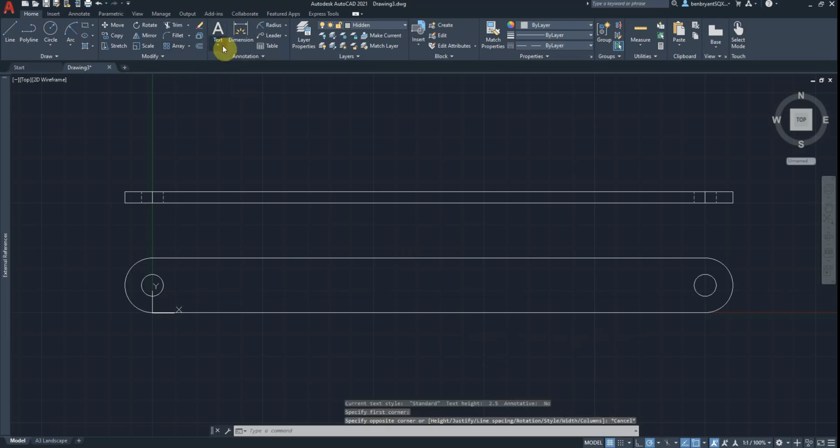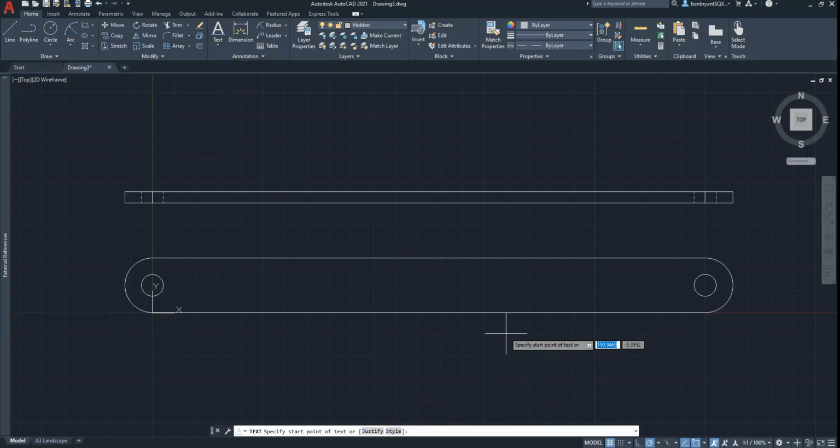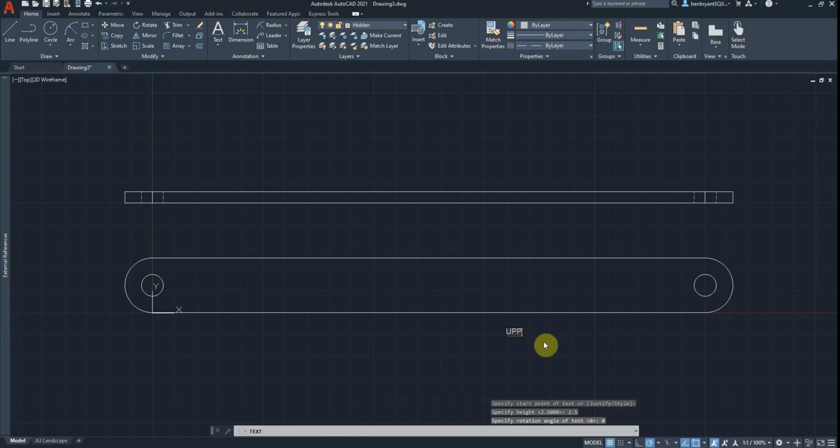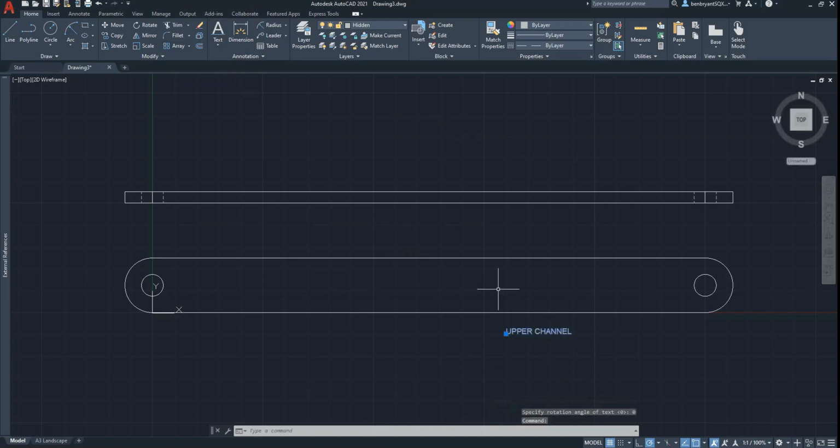I can just put a little text. Well, we can do single line text actually. Single line text just below it. 2.5, angle rotation 0, and just put capitals UPPER CHANNEL like so. Enter twice to confirm. Just make sure you swap that into your dims. So last thing to do would be in your dims, just run it up. So radius on the outside,